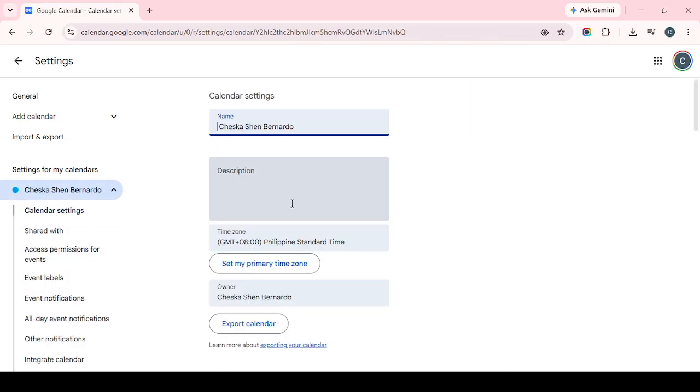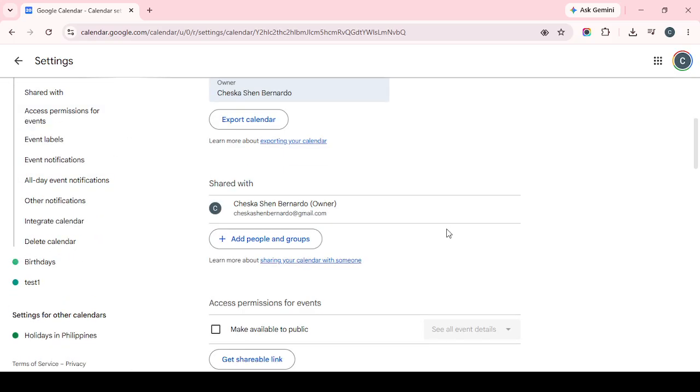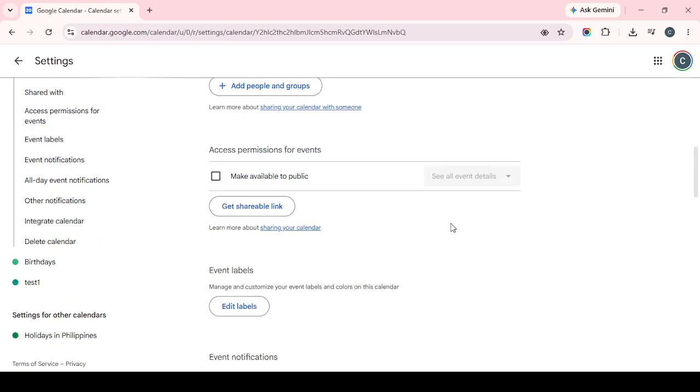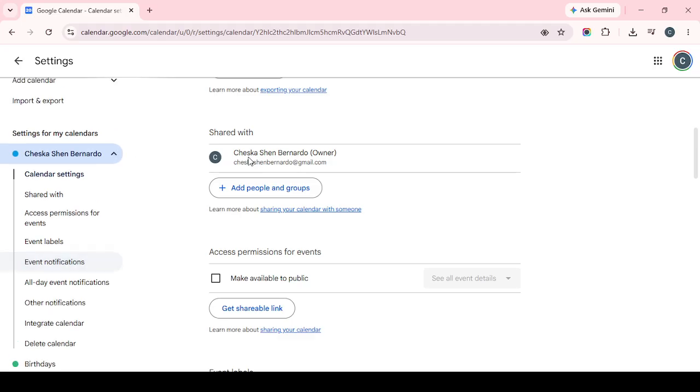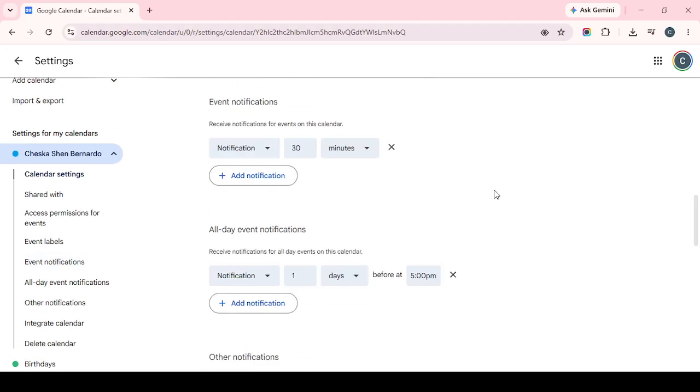If something looks unfamiliar or no longer relevant, this is the point where you would remove that overlapping connection. Be thoughtful before removing access, especially if you still rely on a service for reminders, bookings, or integrations with other devices. Once you've checked the permissions on the Google Calendar side, the next part is to move over to your